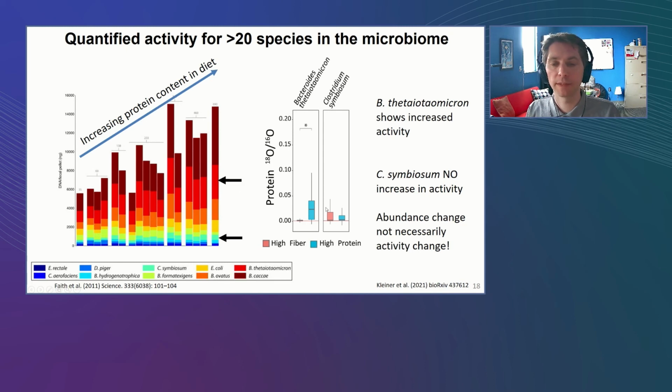in the mice. For Clostridium symbiosum, however, which is also increased in the mice, we do not see a corresponding increase in terms of activity. It actually almost seems as if in the high protein medium, the activity decreases slightly. So overall, this indicates that an abundance change does not necessarily always indicate a long-term increase in activity, but of course we still have to work out better what is really going on here. But this just illustrates that we can really use this heavy water as an indicator of